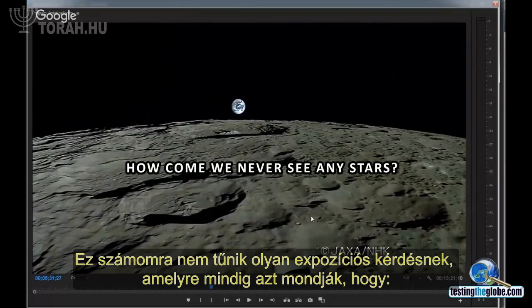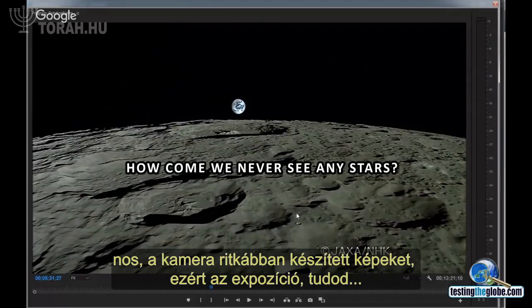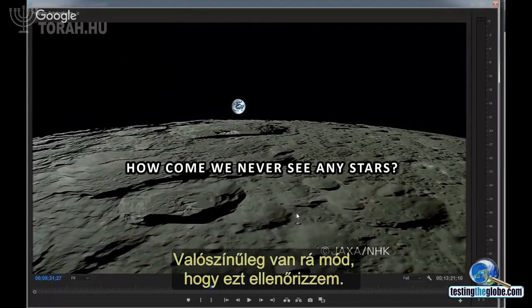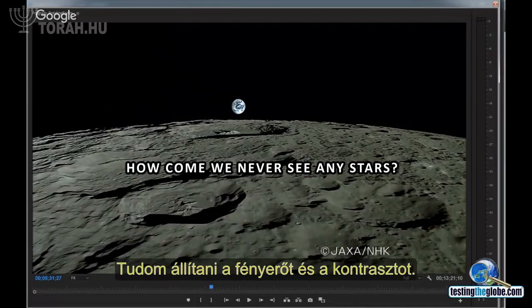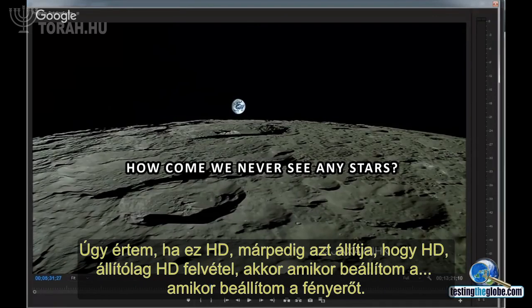This isn't giving the appearance to me of an exposure issue, where they always say, well, the camera is cranked down so the exposure... well, actually, there's probably a way I can check that. I can adjust the brightness and the contrast. I mean, if this is HD and it claims to be HD, it supposedly is HD footage. Then when I adjust the brightness,